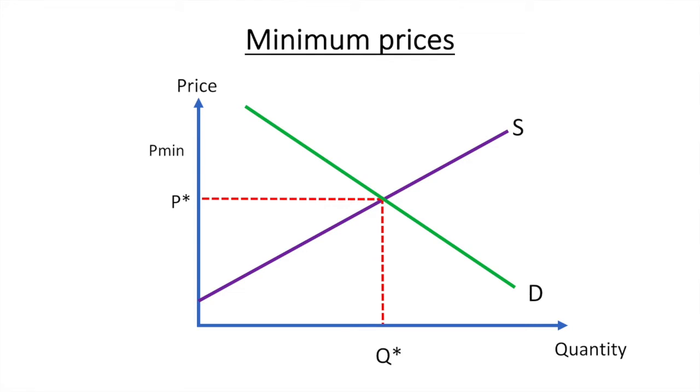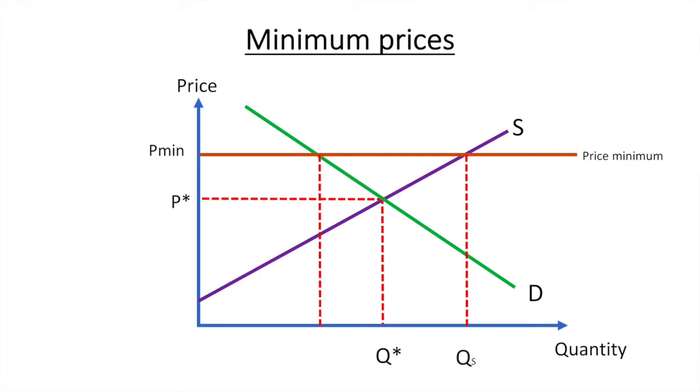By raising the wage rate to the minimum wage of P min, it creates an increase in the quantity supplied of labor as workers are more willing to work. Yet, there is a decrease in the quantity demanded of workers as labor has become more expensive to firms. This results in an excess supply of workers at the minimum wage rate, and we would call that excess supply unemployment. With respect to the original level of employment, we can say that employment has fallen by the difference between Q star and QD. In economic theory, this is the argument presented about the impact of a minimum wage, but